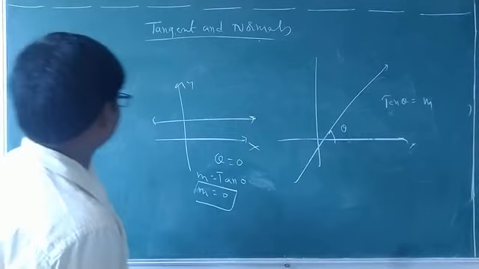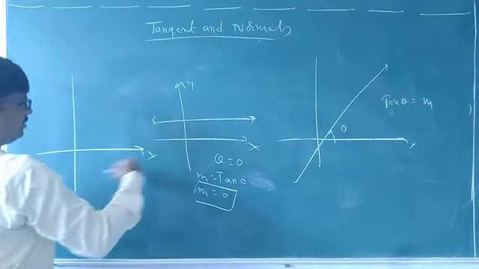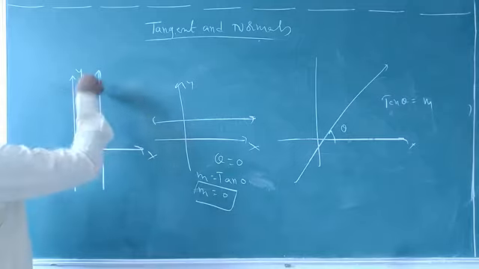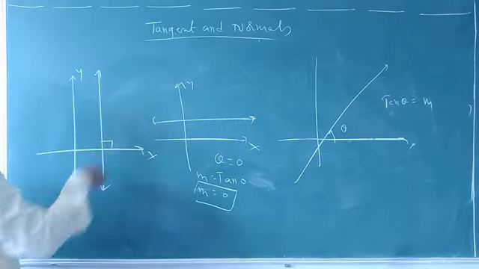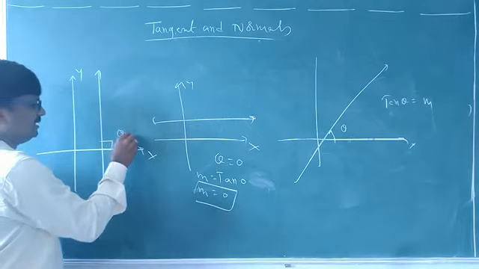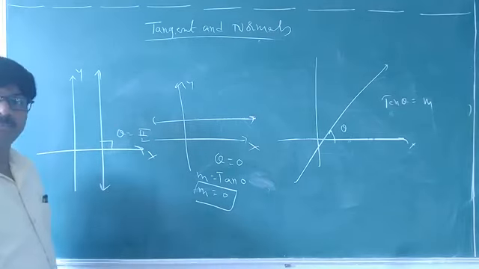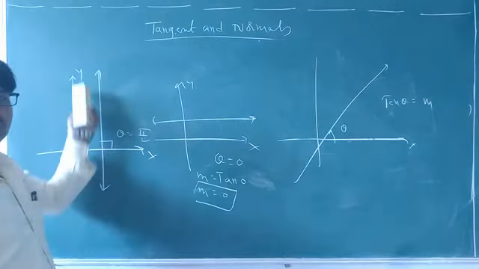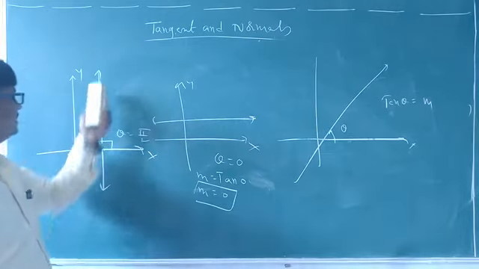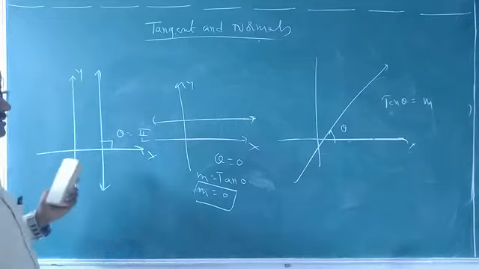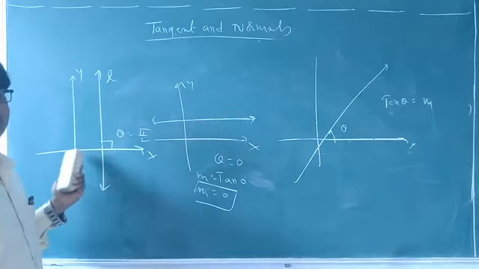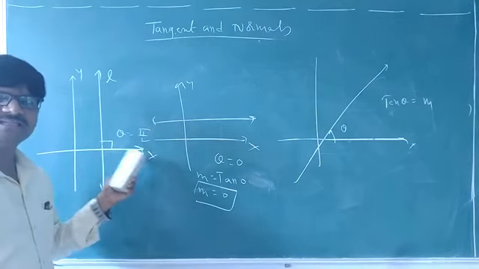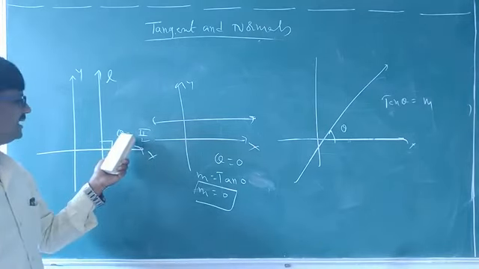Okay, remember. If suppose x-axis, y-axis, and a line. This line makes with x-axis angle theta equal to pi by 2. Is this line parallel to x-axis or not? Sorry, parallel to y-axis or not? Yes, this line is parallel to y-axis. And parallel to y-axis means compulsorily this line makes with the positive x-axis an angle of 90 degrees. 90 means theta equal to 90.